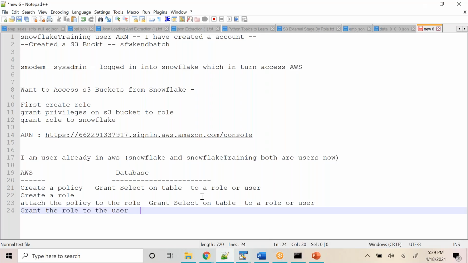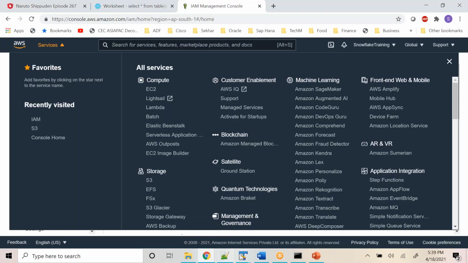Similarly, you create a policy and then you create a role, attach the policy to a role and grant the role to a user, that is the Snowflake user, and then Snowflake will be able to access that. And when you are trying to do that, you have to create a stage that is called the external stage. So let's go and see what are all the steps that we need to do that. Okay,